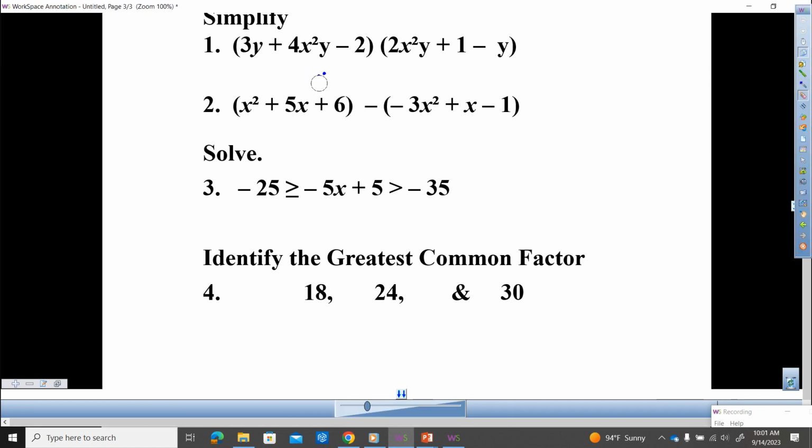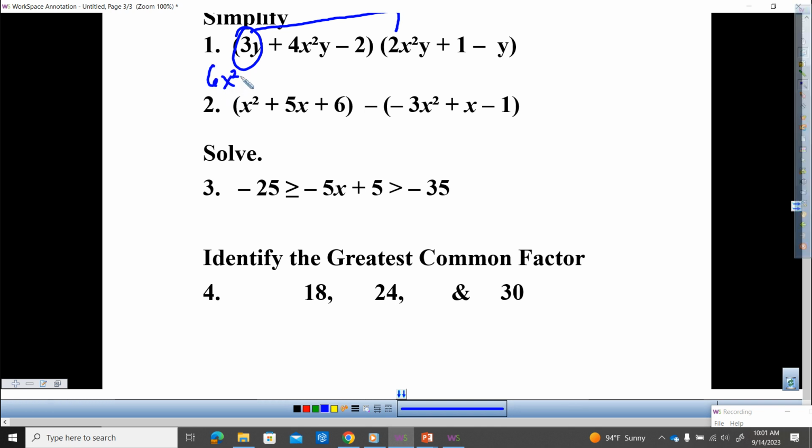Here it goes. So I'm going to start using distributive property with 3y. 3y times 2x squared y, that's 6x squared y squared. 3y times 1 is 3y. 3y times negative y, that's negative 3y squared. All right. Next,